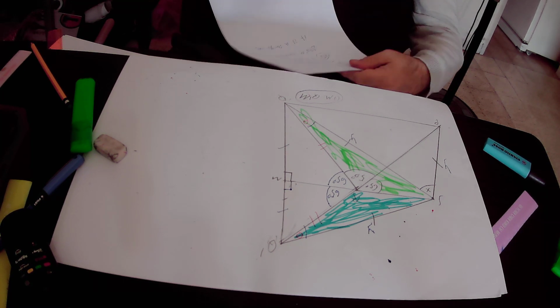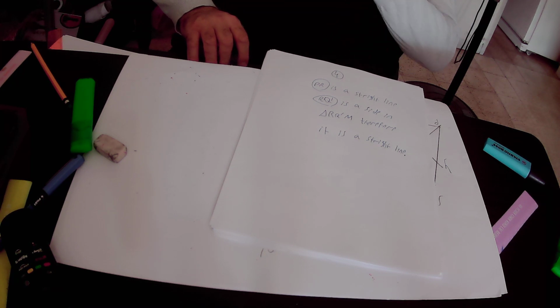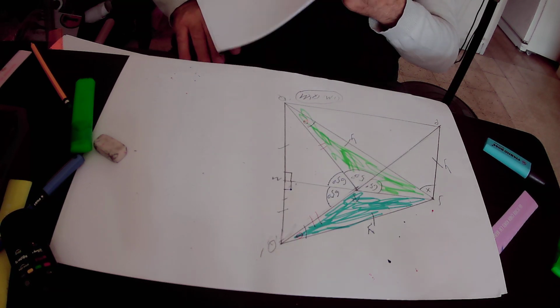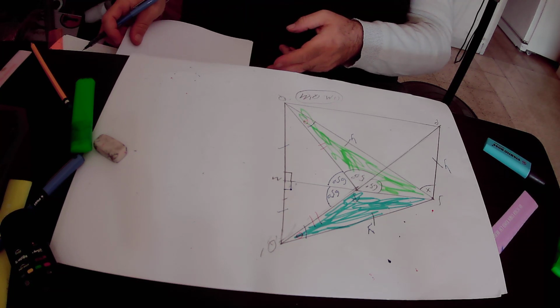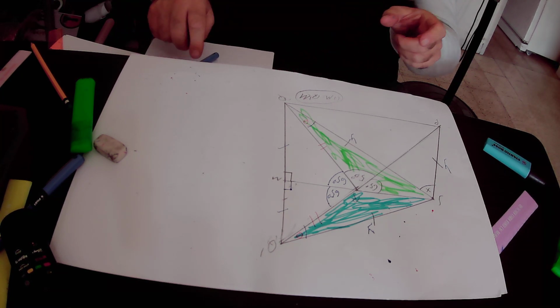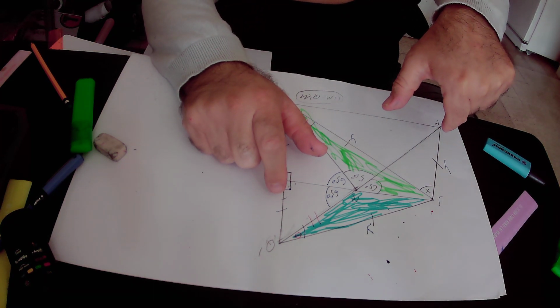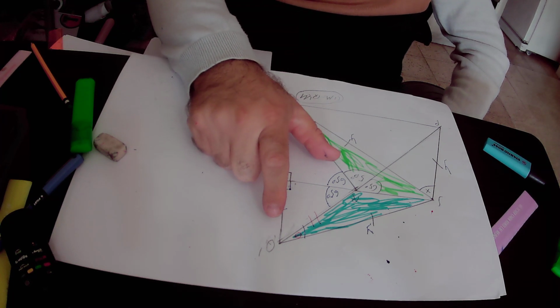So I read it again: RQ dash S is a side in triangle RQ dash S M, therefore it is a straight line. So when we join together those two straight lines, the straight line PR and Q dash R,